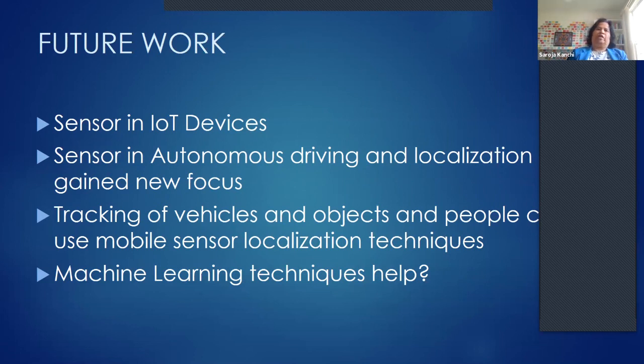And with autonomous driving, there are papers relating to localization and autonomous driving. Object tracking and localization have things in common, and localization techniques can be applied to tracking. Machine learning is now starting to be used in order to localize, with some limited results. And we would probably see more machine learning algorithms being applied to localization.